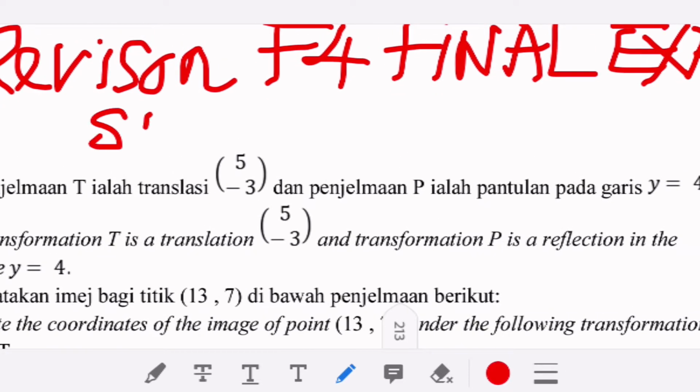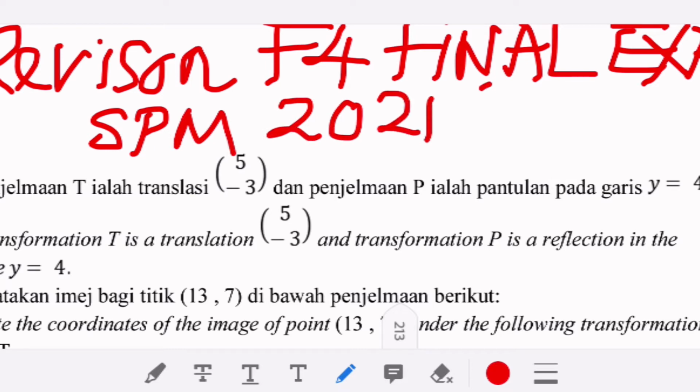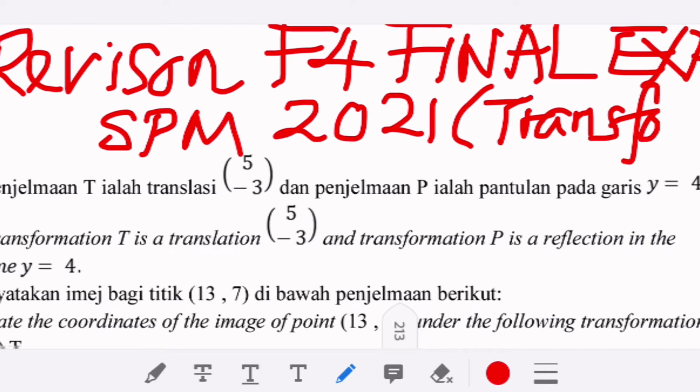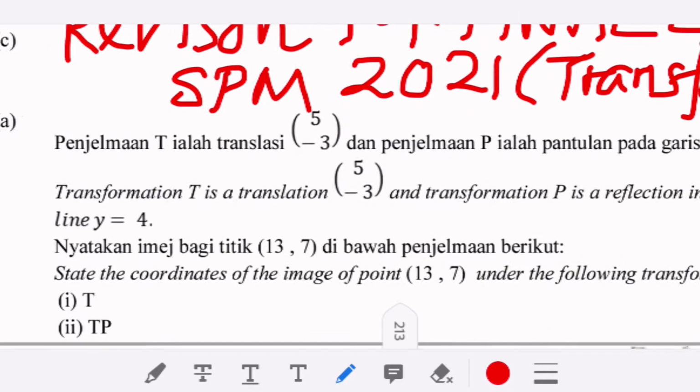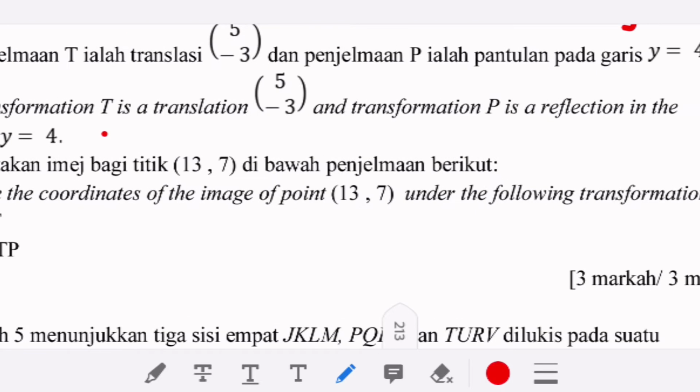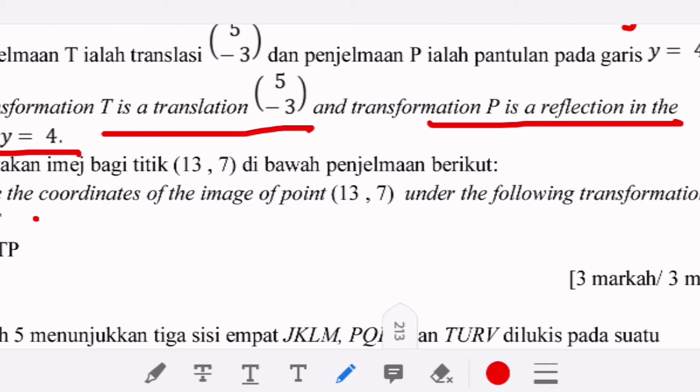So transformation is actually very important in Paper 2. It carries 12 marks. So let's have a look at the question. Basically you will be given a translation or rotation or reflection. It seems like you're given the translation (5, -3), and then P is a reflection in